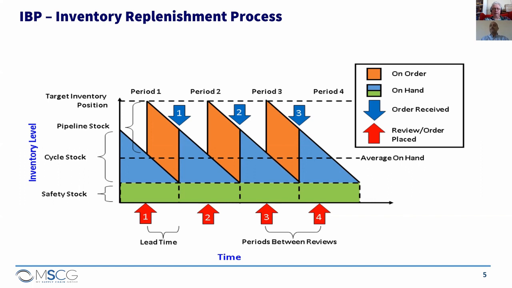So the top solid line is the capital deployed, and the bottom solid line is the actual inventory available to ship to the customer. Absolutely. So in this diagram, that blue plus green comprise your on-hand inventory targets. That means cycle stock and safety stock. If you combine these together, you get on-hand inventory targets. And on top of it, we've got target inventory positions. So if you add up all the stock, you'll get target inventory positions.